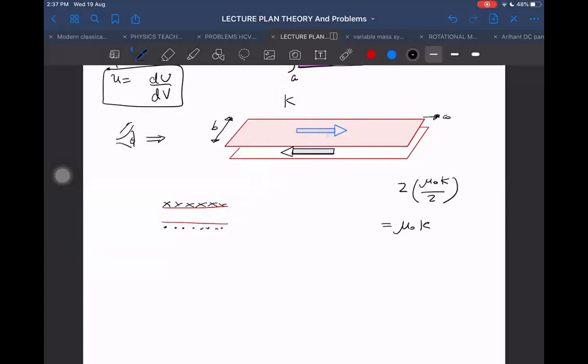Now, formula for field we already found, and if I look from this side, in which direction will the field be? Mu naught into k. If I use the right hand thumb rule, take it like a solenoid first. If you assume it is a solenoid and you turn your fingers in the direction of current, then the thumb will be pointing towards left. Although it is not a solenoid, the field will be found in the same way as if it is a solenoid having this kind of turns. So the field will be in this direction, and the value of that field we already know.